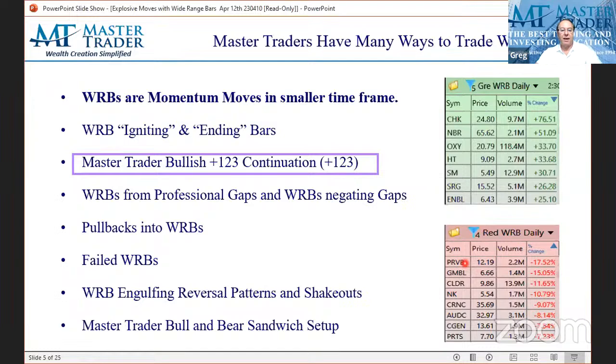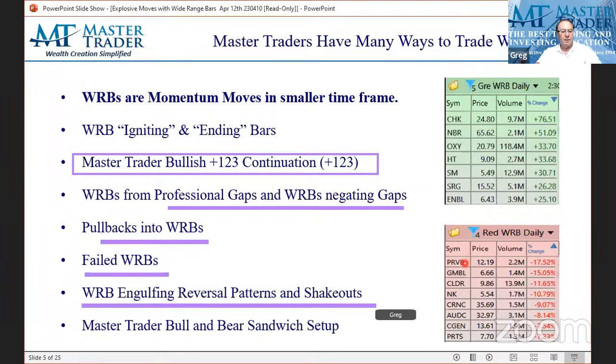Can they gap from there? Pullbacks into a wide range bar. Now, what's acceptable? What negates the wide range bar? So you get deeper into the analysis and understanding how we utilize this. Failed ones, they're not supposed to fail, but if they do, that's a great starting point for a credit spread. It may blow it out of the water for a directional, but depending on how it sets up, engulfing reversals, shakeouts, these are all